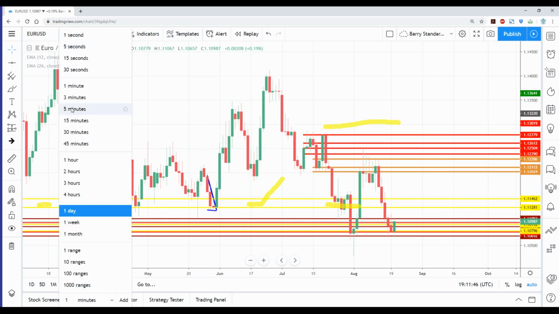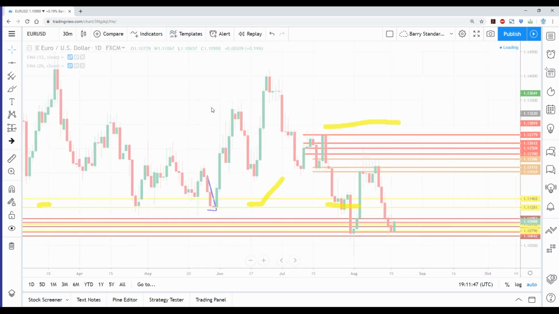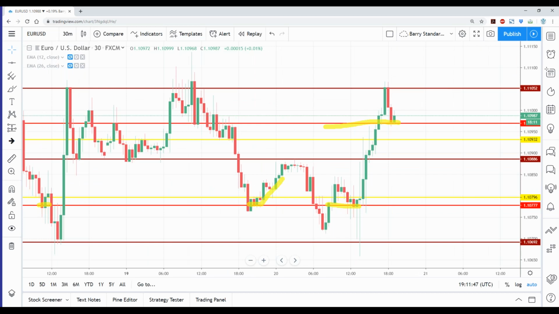But now when I go back to my 30-minute chart, I now see all of these levels, and I can interpret how valuable they are. So we can have major resistance and minor resistance, major support and minor support. And then we can have long-term support and resistance. And the more that these zones have held, okay, now this is a funny little line here, but this brown line here,